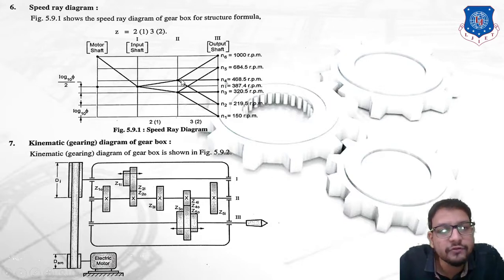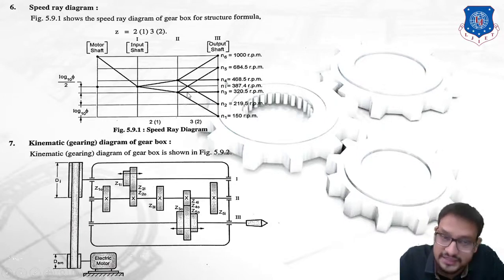So you can clearly see that from this point, first of all you need to draw a straight horizontal line. This represents that one of the speeds is the same RPM which is transmitted from the intermediate shaft to the output shaft. This horizontal line represents that one of the gear pairs is transmitting the same RPM. Now the second line in the upward direction represents that the second gear pair is increasing the speed, which means a step up of speed takes place. And this third line represents that a step down of speed takes place up to n2. This line represents a step up to n6.